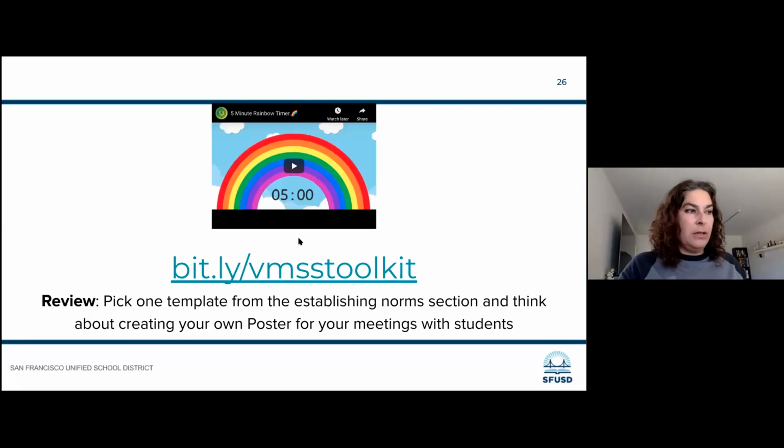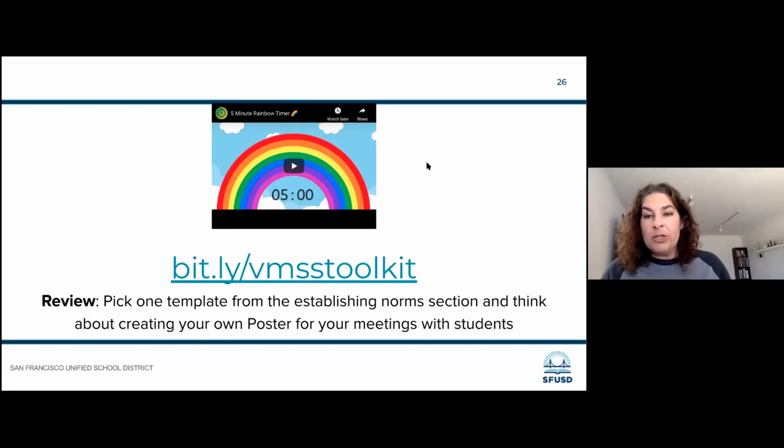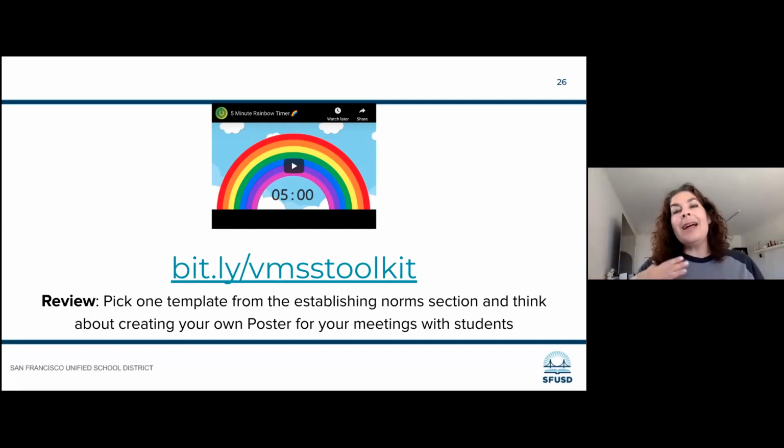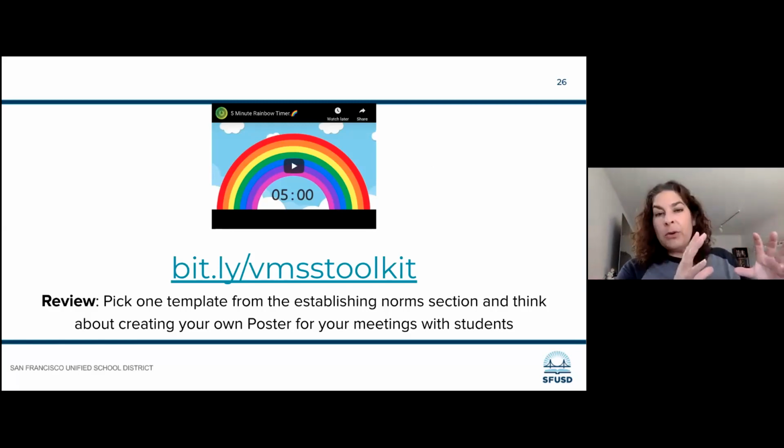I hope that you had a minute to really look at those pieces and find a tool that you could use with your students. And if not, there's lots of different posters out there, or make your own. Maybe you're an artist and you love to draw, and you draw your poster and you take a picture of it, and that's what you post and share with your students. It does not have to be in a very virtual format. Really think about personalizing it for you and who you are as a teacher, because that's going to share a little bit of you with your students.